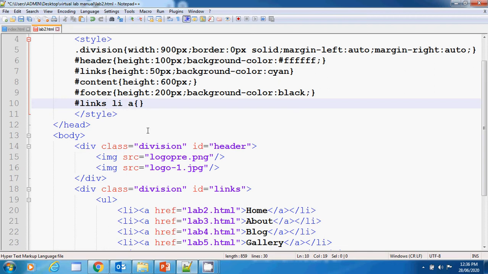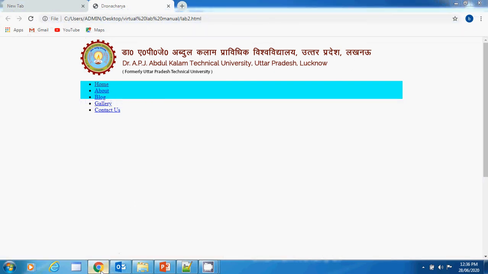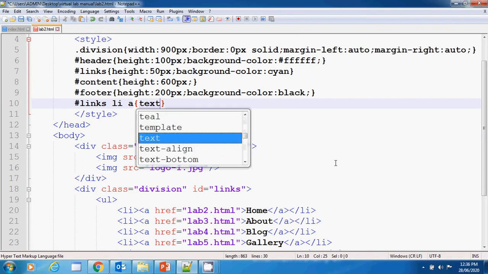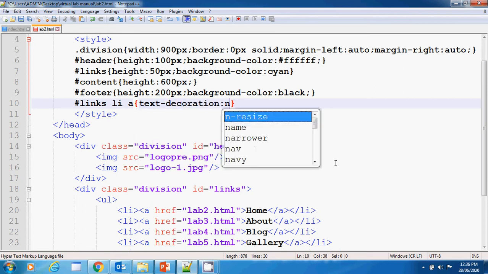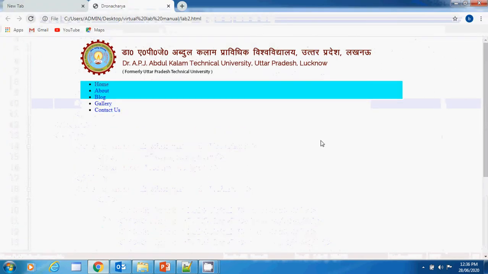So it will reflect to all anchor tags. So right now what you can see, this underline is coming in each and every anchor tag. So first of all we want to remove this underline. So what we will do, we will use the property text-decoration, and for this we need to do is none. So if I refresh this page, this underline is removed.